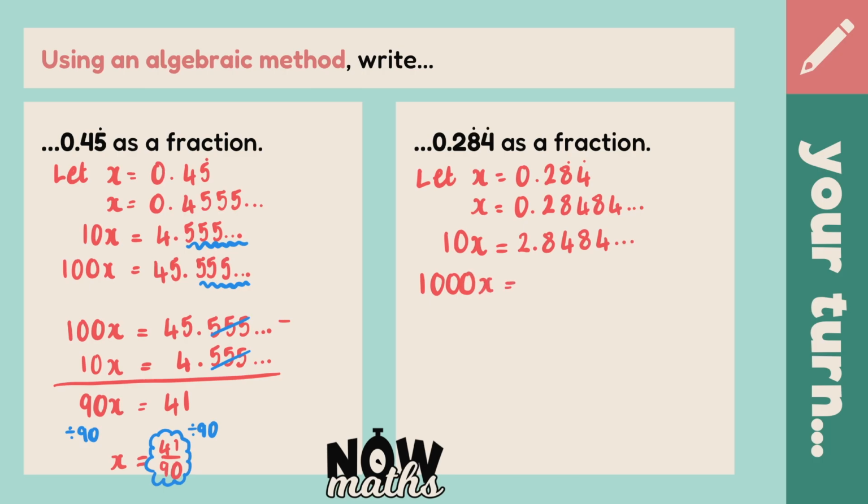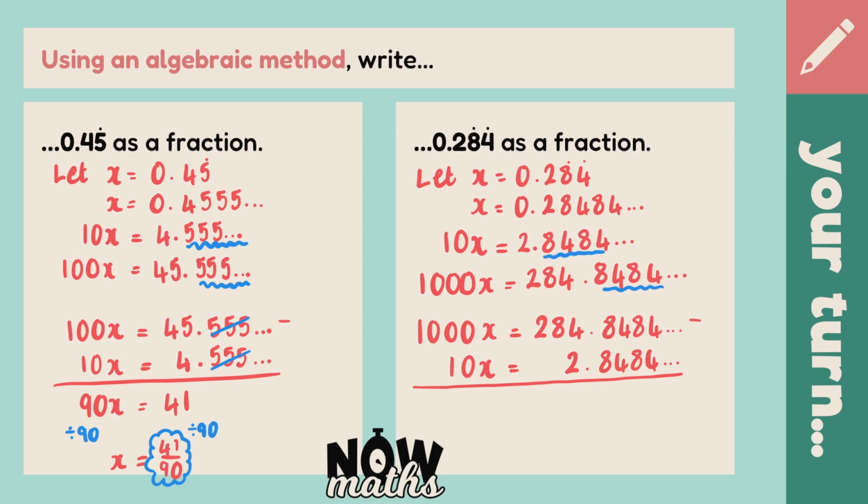And multiplying the decimal by 100, we said, shifts to the left 2 places. So we get 284.84 recurring. Now we have our two decimals that match perfectly after the point. We're going to subtract. So subtracting 10x from 1000x gives us 990x, and then subtracting the decimals, we can see